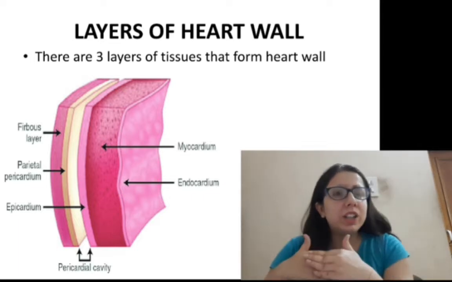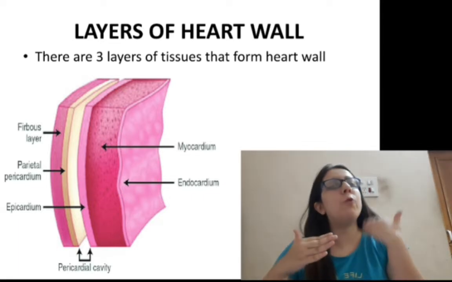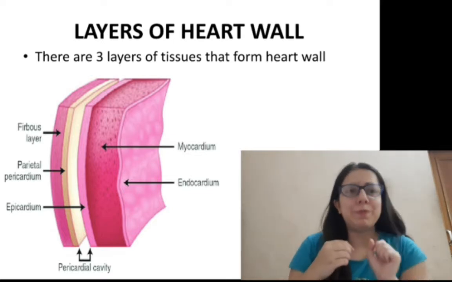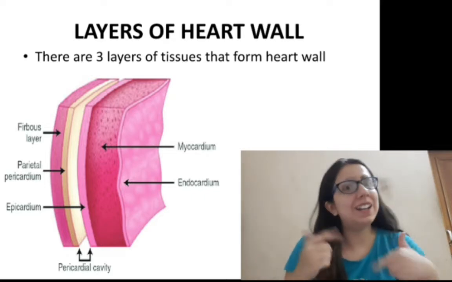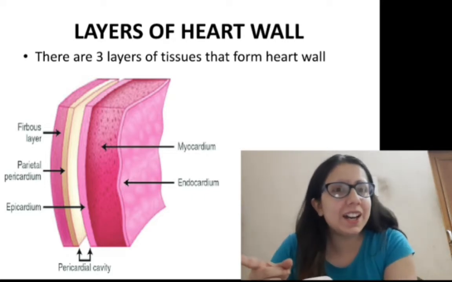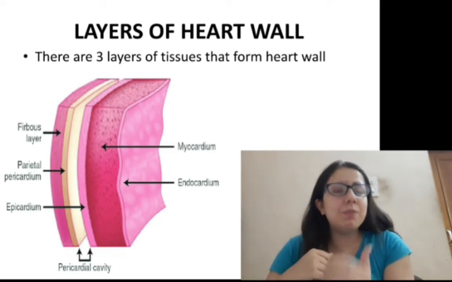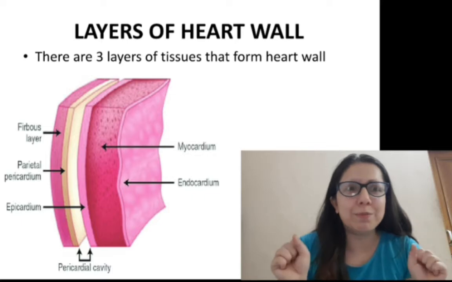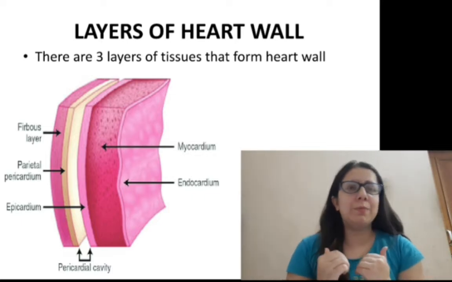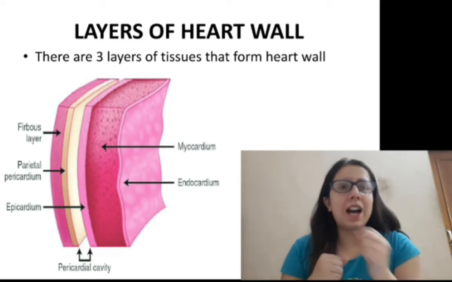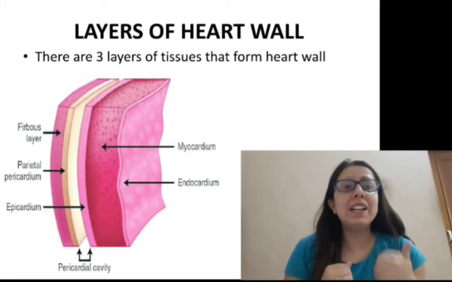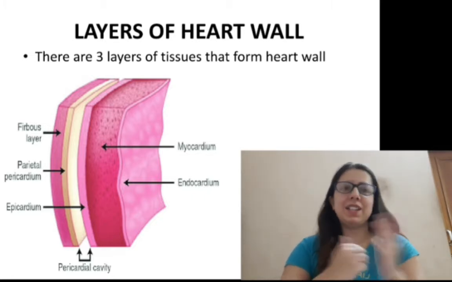The outermost is epicardium. Whenever we are dealing with the outermost part, we use the word epi, right? Cardium deals with the word heart. So epicardium is the outermost layer. Now we will shift towards the middle one. Middle one means something related to M, so myocardium, okay? Next is the innermost, endocardium. Endo means inner, cardium means heart, right?